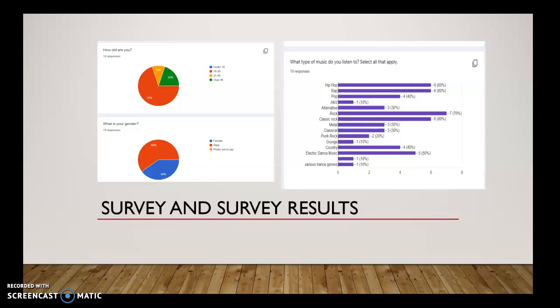I don't have it pictured here, but the average length of a song was between, I think, 2 and 3 minutes was what a user liked. And they also really liked songs that didn't have a lot of words, more just music beat, kind of like an electric dance music song, which is going towards my theory that if it has high danceability and tempo, people are more willing to download it because they can move, dance, work out, anything of that nature to it, and it's not as distracting if they're studying.